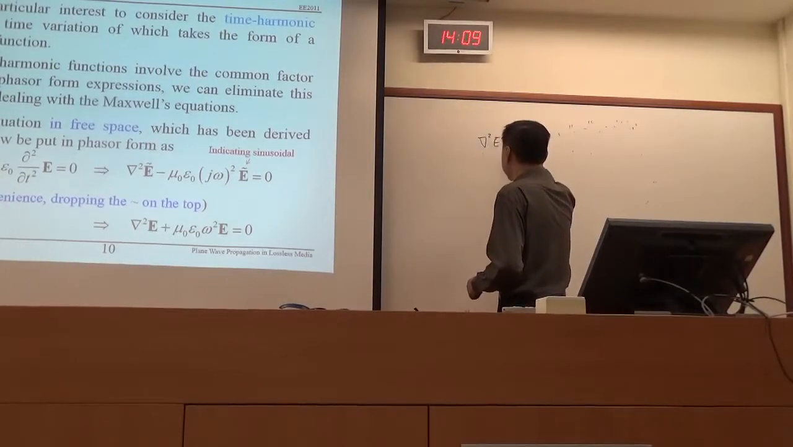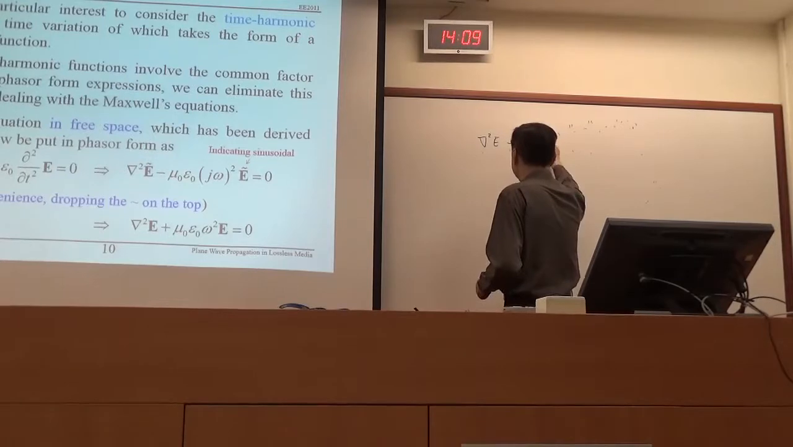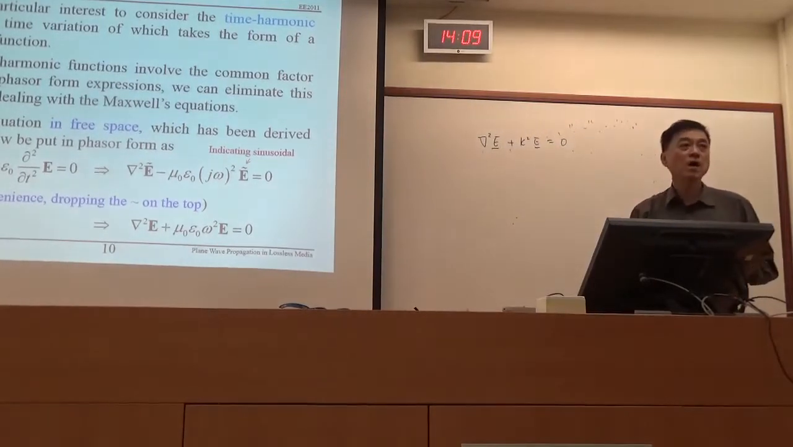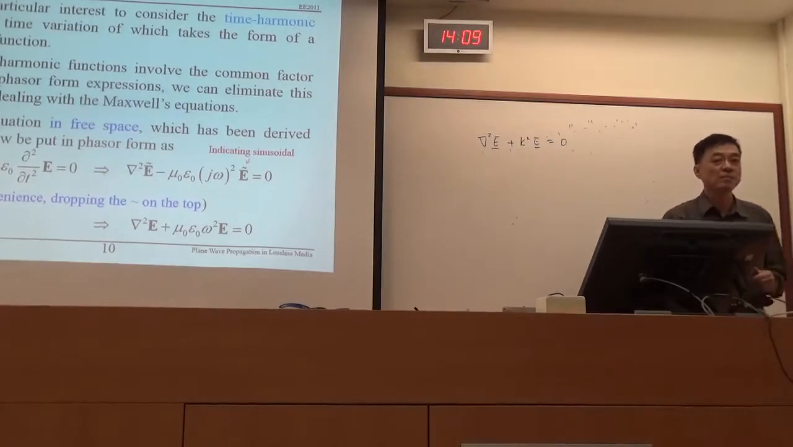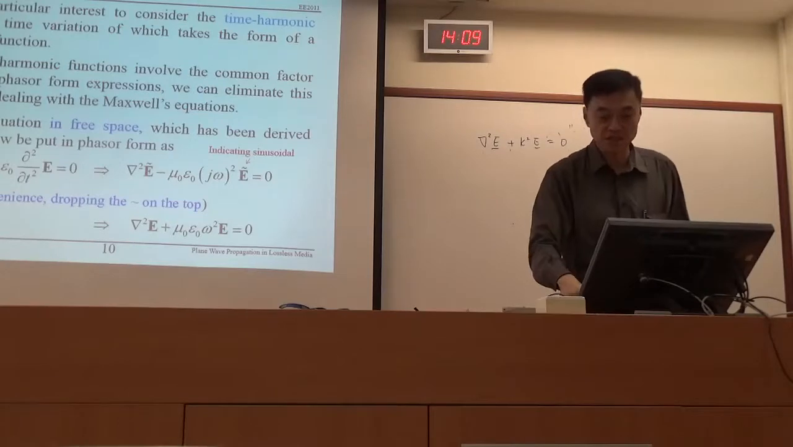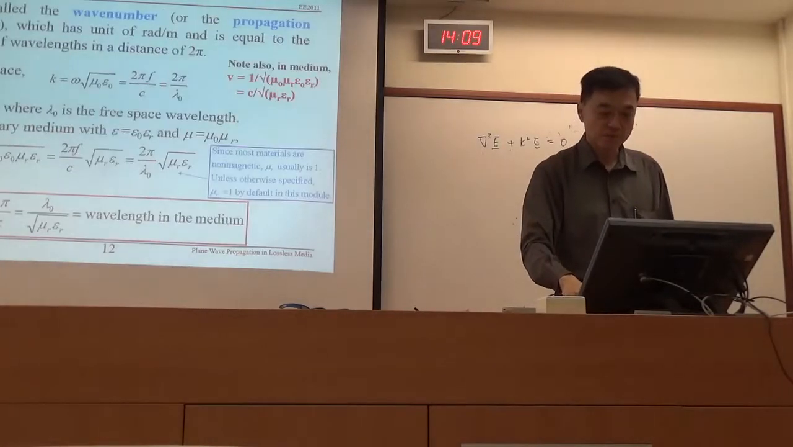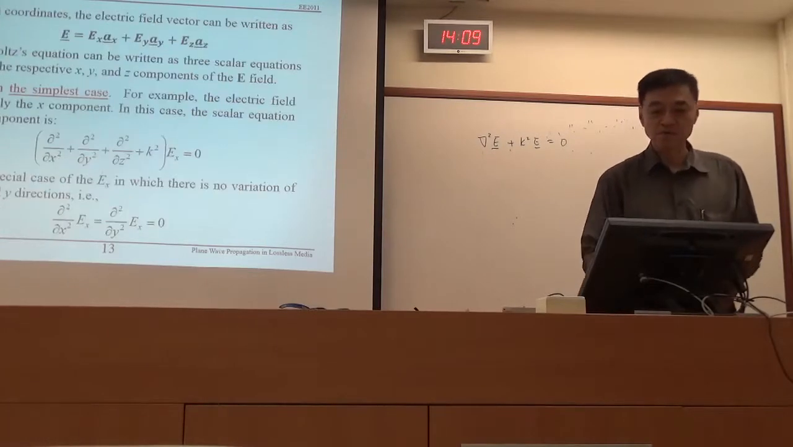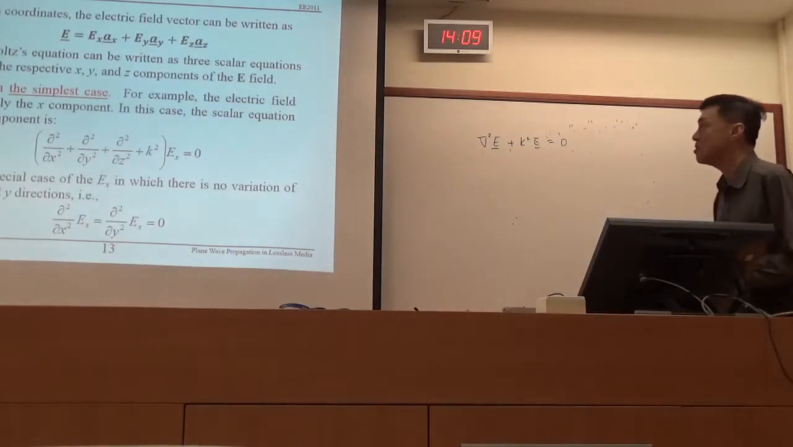∇²E + k²E = 0. This is what we call our wave equations or Helmholtz equations. Okay, wave equations and Helmholtz equations. And we say that, for a simple example, let's say